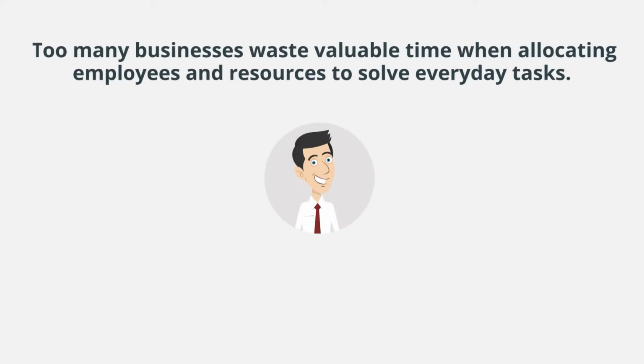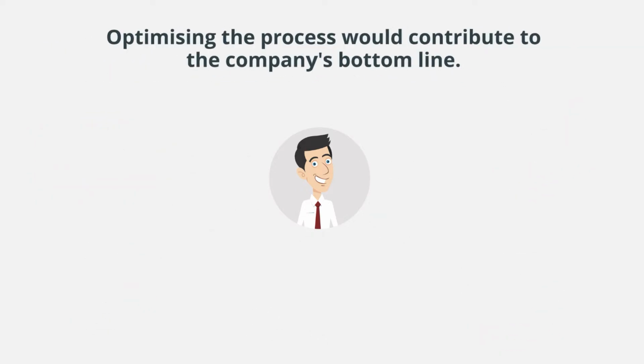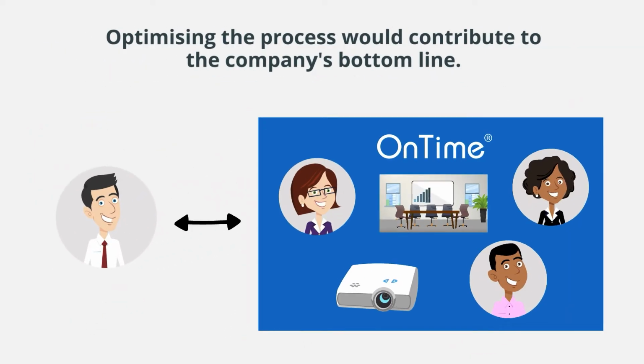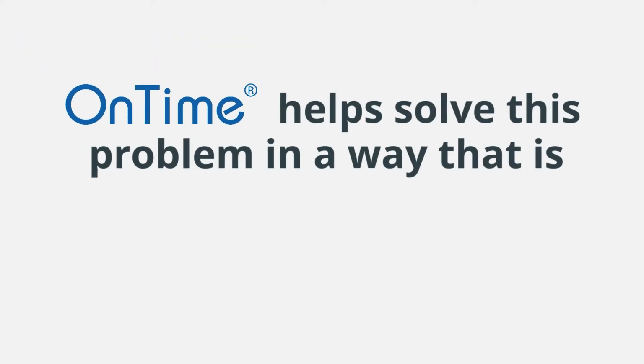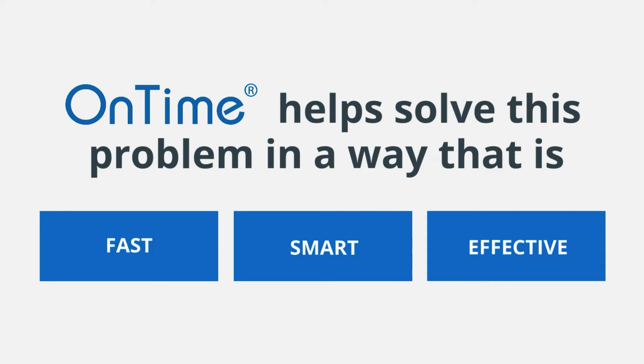Too many businesses waste valuable time when allocating employees and resources to solve all their everyday tasks. Optimizing the process of allocating the most expensive assets within your organization would allow you to spend more time on executing activities which directly contribute to the bottom line. OnTime Group Calendar helps solve this problem in a fast, smart, and effective way, especially compared to how it's done